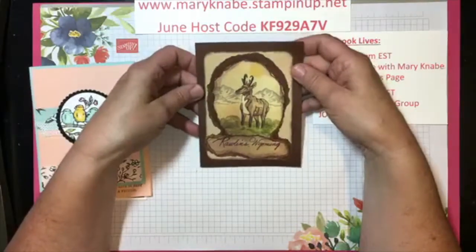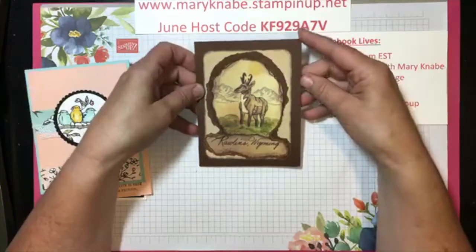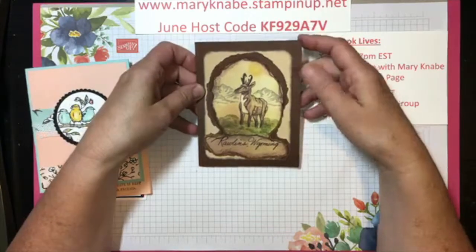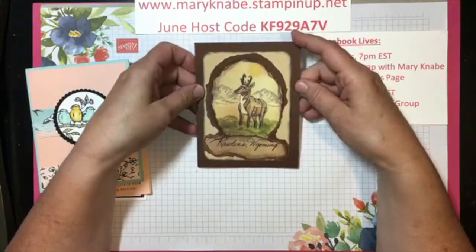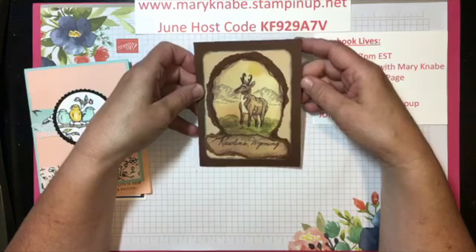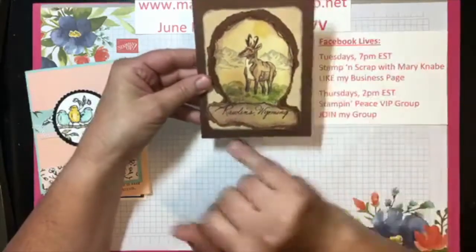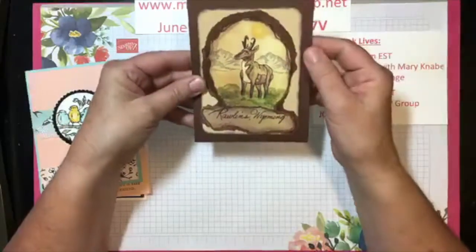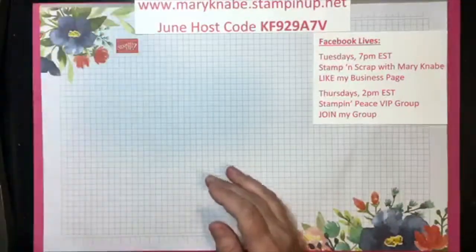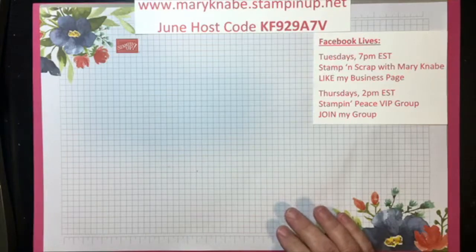And then this one comes from Rawlins, Wyoming. This is a recent, I say recent, probably in the last few months, customer I gained since I've been doing my Facebook Lives very consistently. And she made this beautiful card, and I think it's a true reflection of probably the area where she lives. So super nice. Okay, so today is kind of a long day, but anyways,